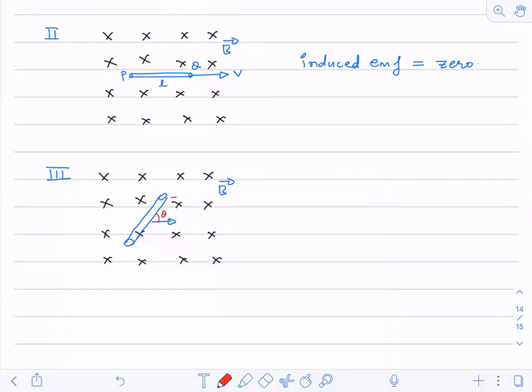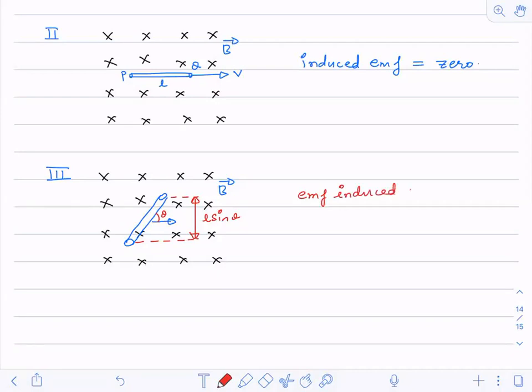So this vertical projection, L sine theta, is moving, and the horizontal component will be along the velocity. So the EMF induced,